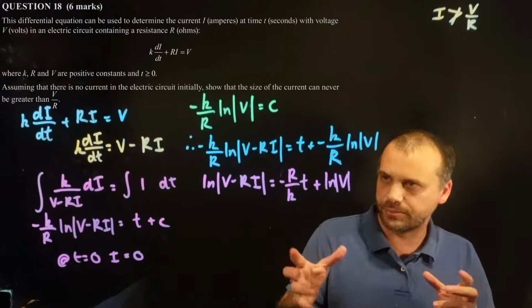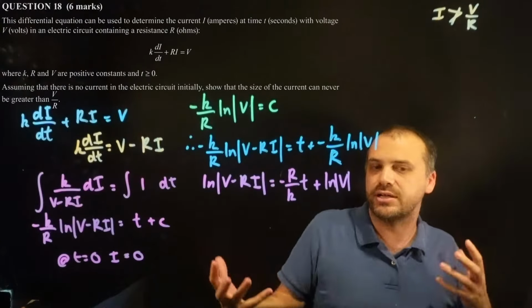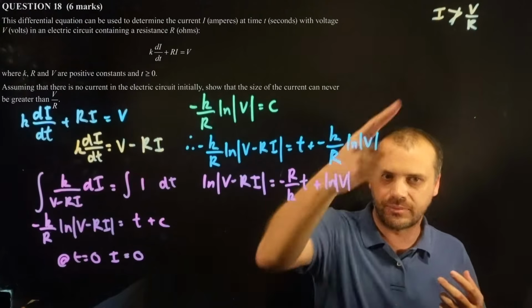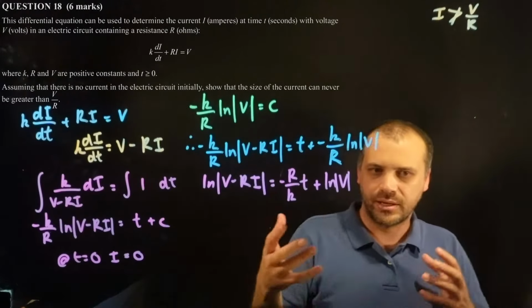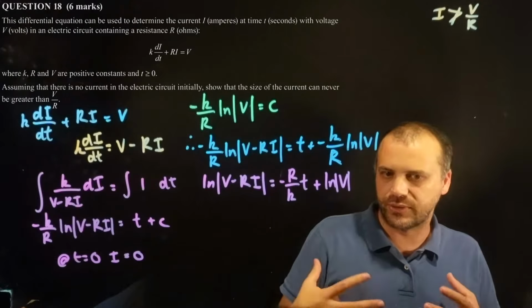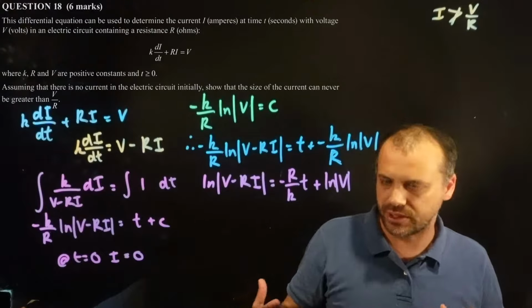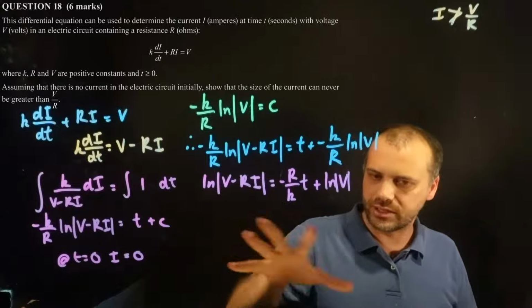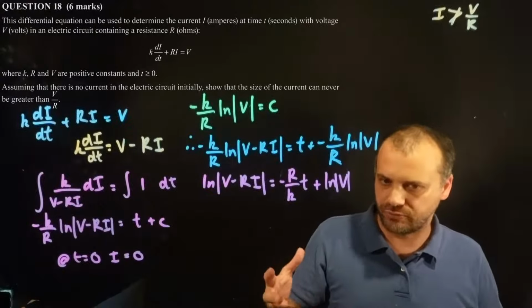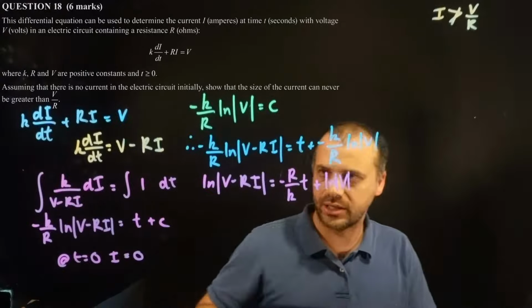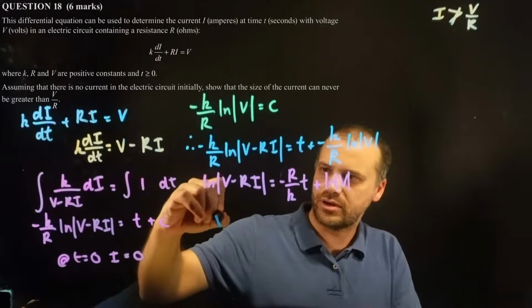Now this really is the place where you start to go, okay, I've done as much as I can. I'm heading towards this place, and it's still not presenting itself. What else can I do to this that might reveal something? And we can write this in exponential form, right? So we could write it as v minus ri